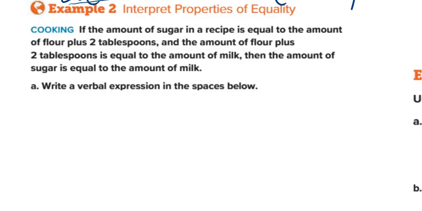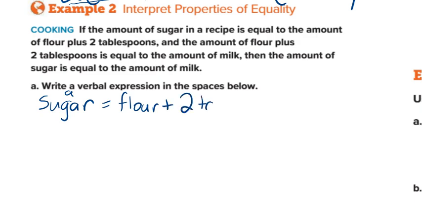Now we can go ahead down here to example 2. It says interpret properties of equality. If the amount of sugar in a recipe is equal to the amount of flour plus 2 tablespoons, and the amount of flour plus 2 tablespoons is equal to the amount of milk, then the amount of sugar is equal to the amount of milk. So we're going to say what things equal here. We had sugar, which I'll call A,